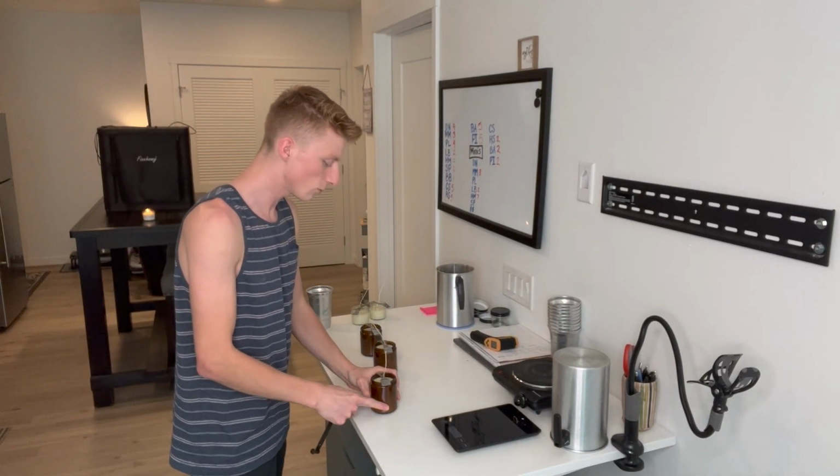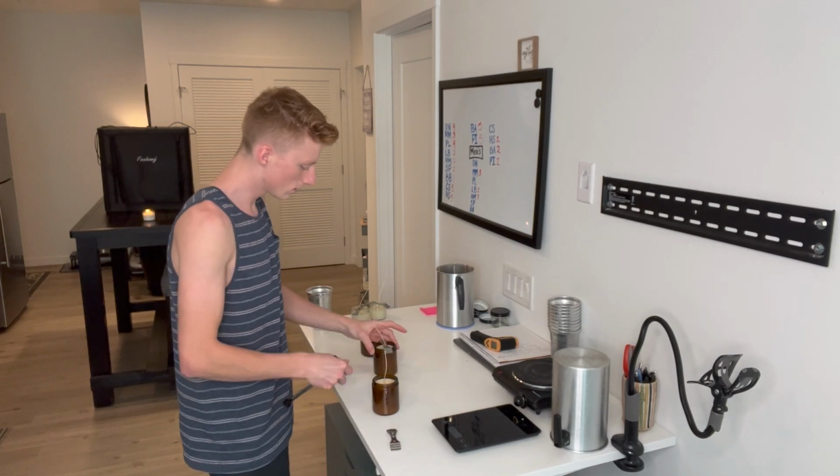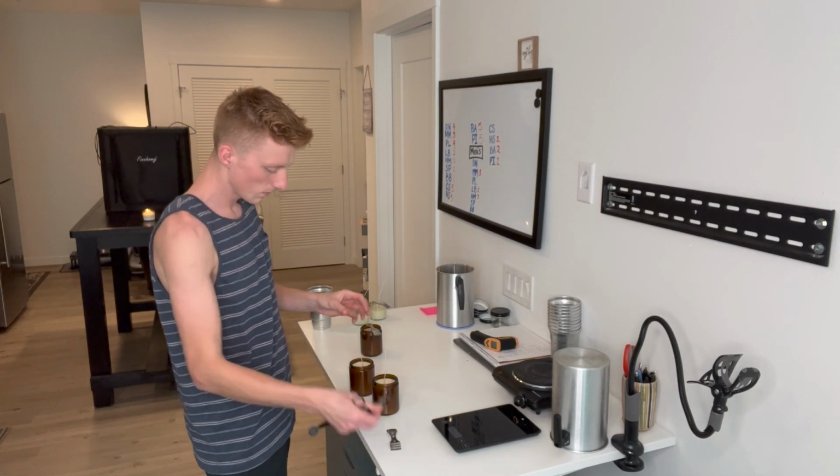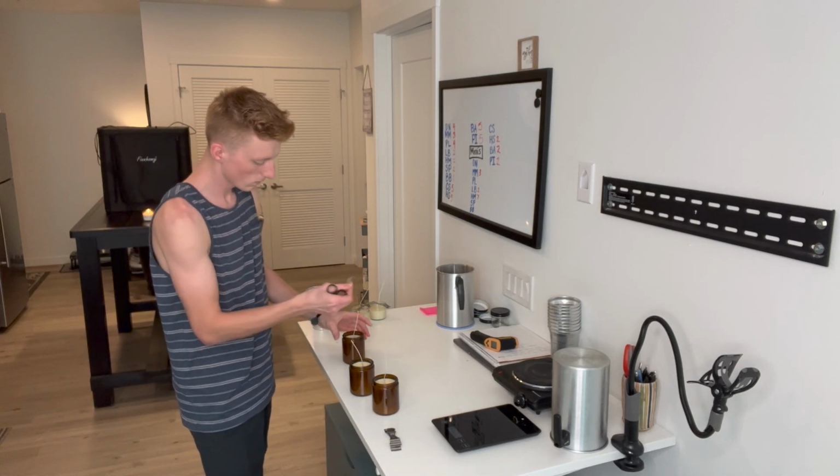Alright guys, so now that these are nice and smooth on top, as you can see, I'm going to take the wick holder off, as well as trim the wicks. See how they're nice and smooth? Yeah, that's how you want it. All right, so